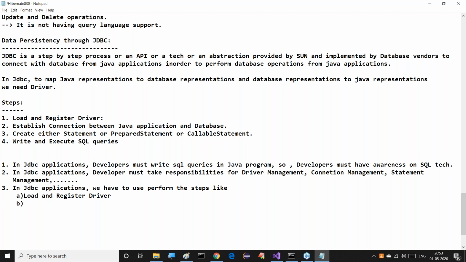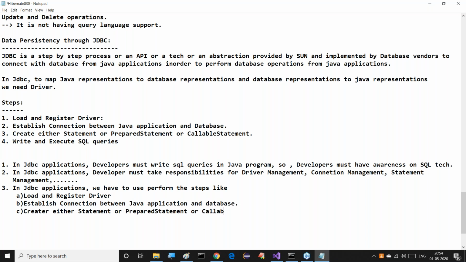Second one is establish the connection between the Java application and the database. Third one is create either a statement, or a prepared statement, or a callable statement.